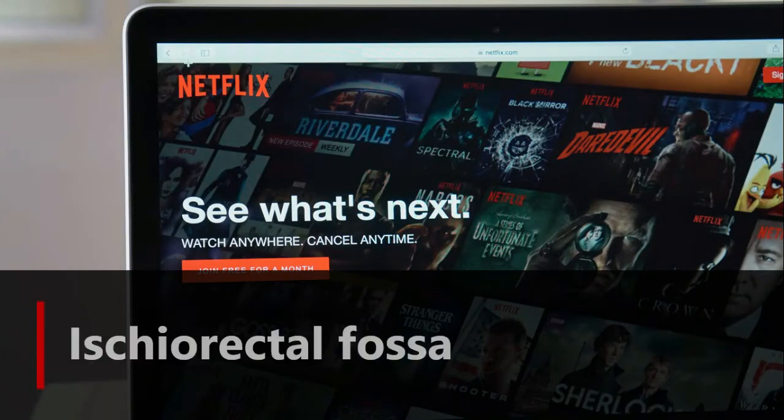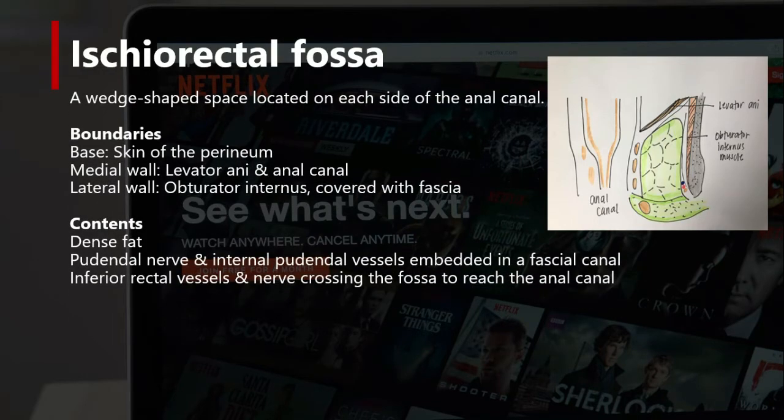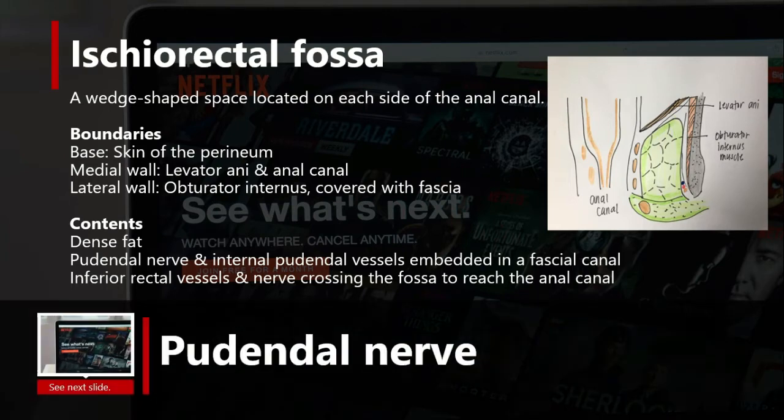Next is the ischiorectal fossa. The ischiorectal fossa is a wedge-shaped space located on each side of the anal canal. The base of the wedge is superficial and formed by the skin. The edge of the wedge is formed by the junction of the medial and lateral walls. The medial wall is formed by the sloping levator ani muscle and the anal canal, while the lateral wall is formed by the lower part of the obturator internus muscle covered with pelvic fascia,